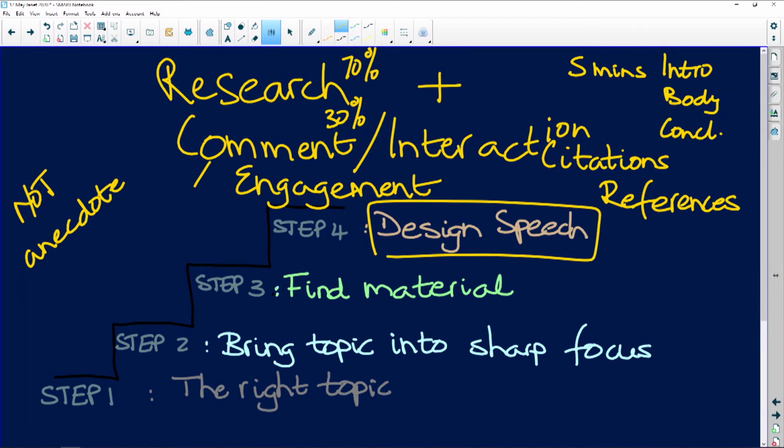How does it relate to the research? How does it relate to anything? And what is your comment? Because what are you bringing me? Your comment is bringing me insight, something I hadn't thought of before. So that I come out and we're having a cup of tea or something afterwards.